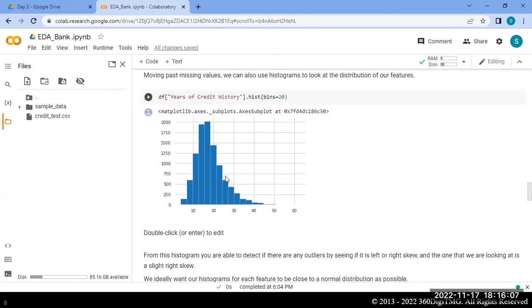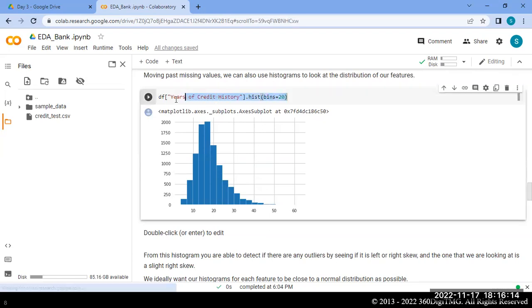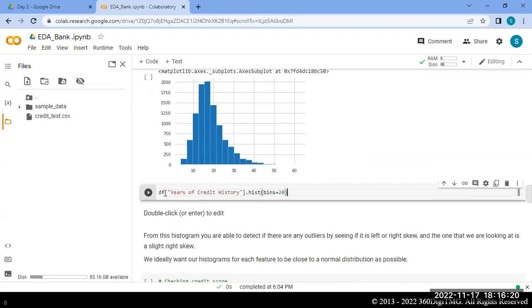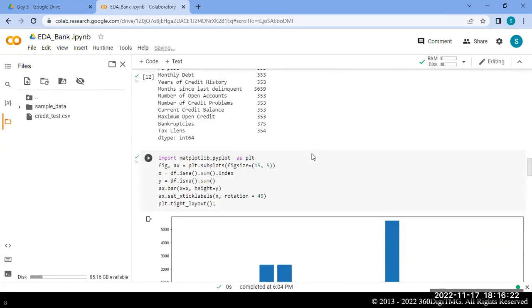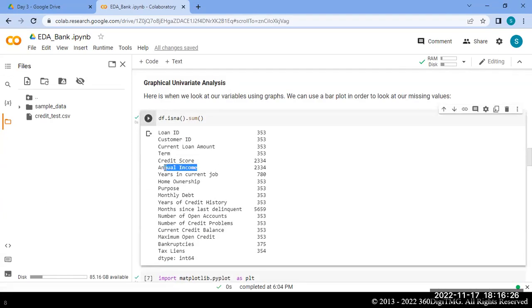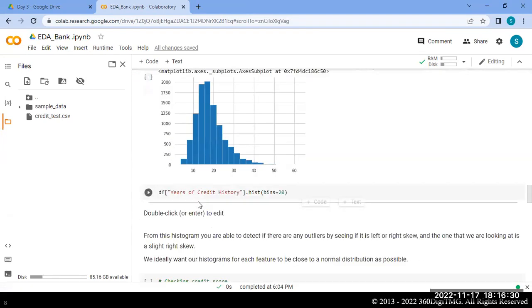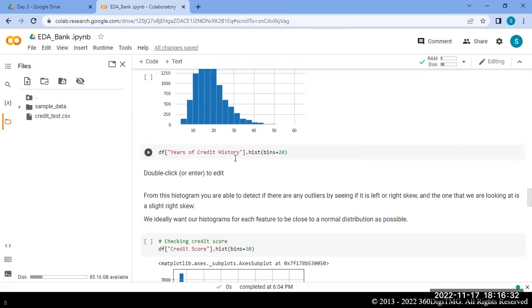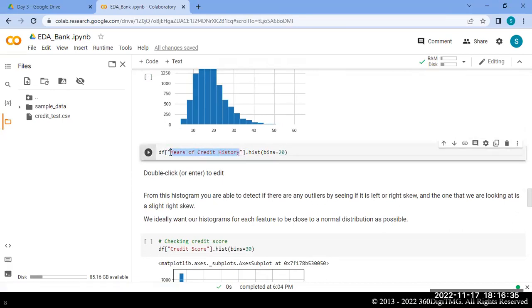If you want to create the same thing for others as well, you can. Let me create one more. Same, Control C, copy the code and paste it here. Which data do you want to take? Annual income. So we'll take annual income, to check whether the data is symmetrical or not. Paste it.